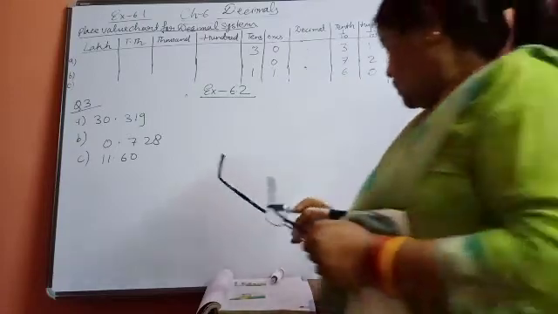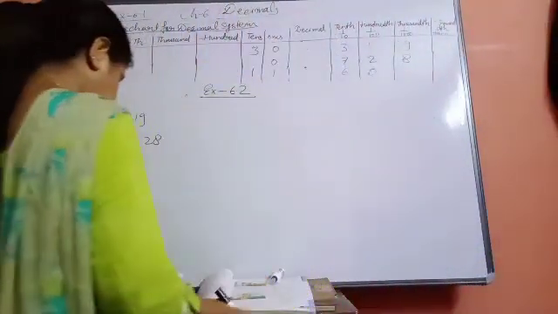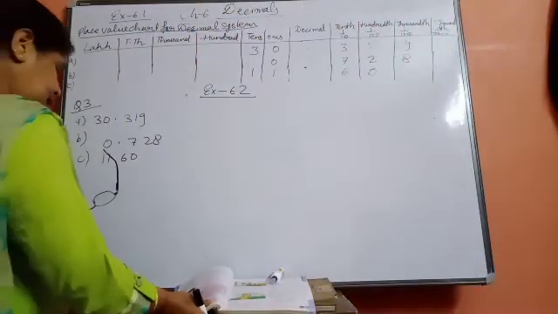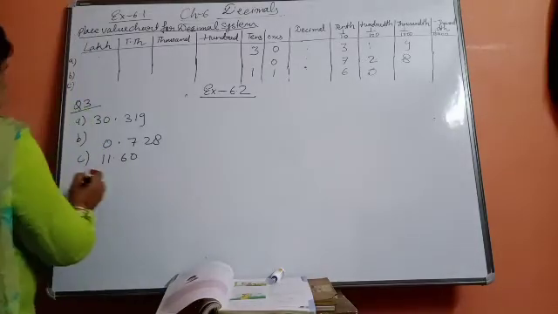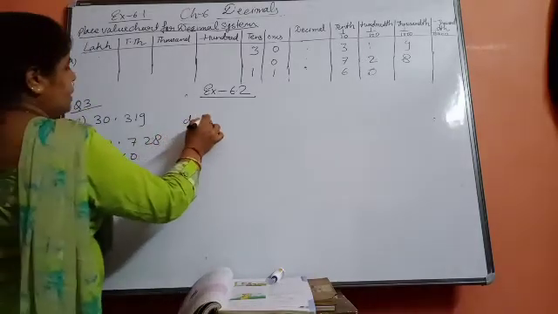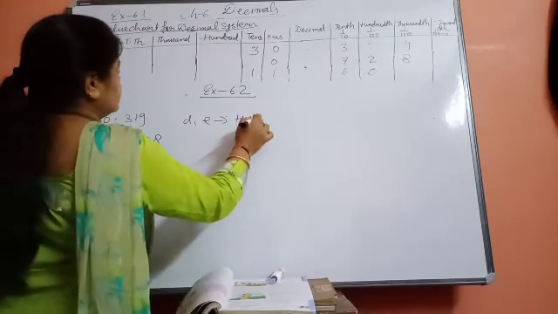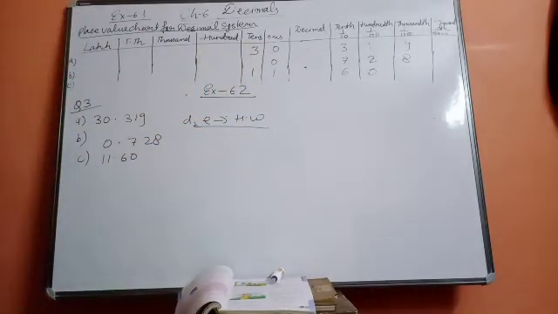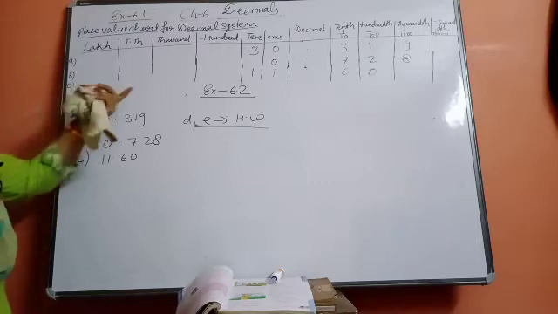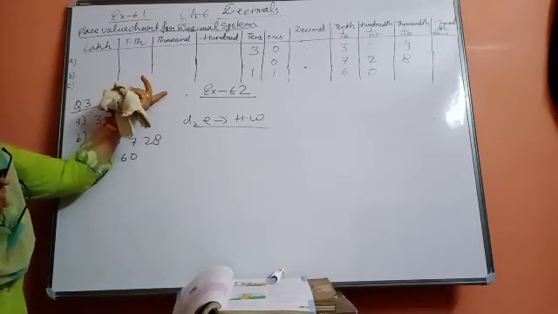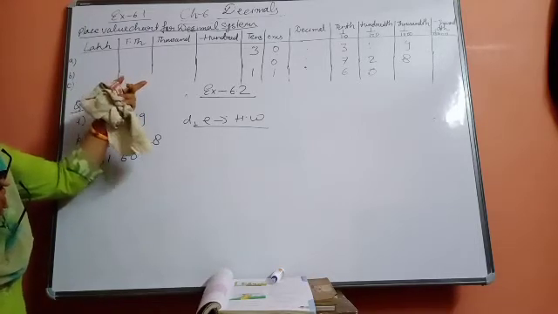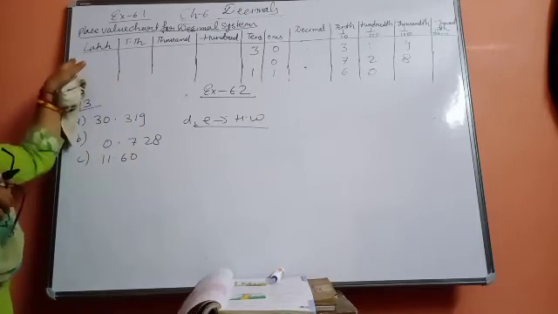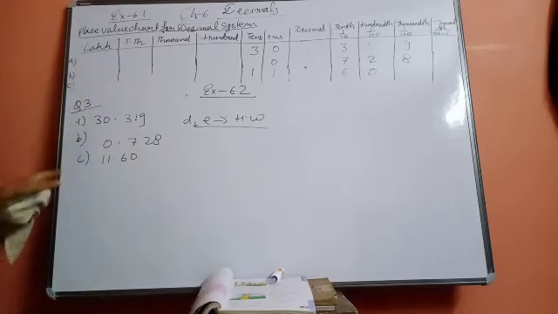So in this way, how many parts are there for this question? Rest D and E parts you will do in your homework in the same table. Just make one single table and do the question. Suppose in question number 1 you have made the table, then write all the A, B, C, D, E parts in the same table as I am doing.